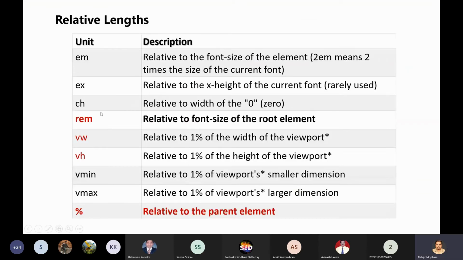Okay. So this REM unit we will study just after a few, or I think in the next session I will cover this REM unit and percentage also. Because they can be demonstrated properly only in the hands-on, because I have to write a lot of code to show you how they work. So that's why I'm avoiding teaching it right now. But we will be frequently using them, so there will be no issues understanding them. Okay, fine.